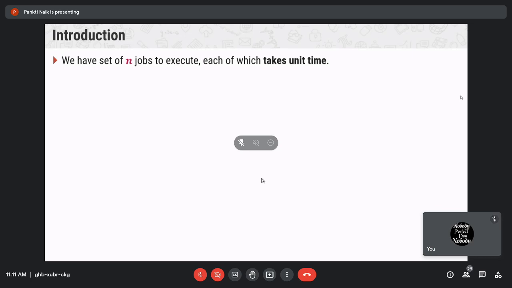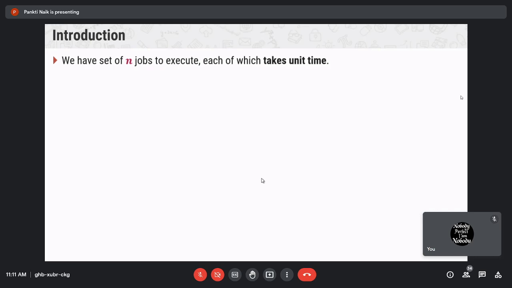Likewise, ultimately our task is to get the feasible solution. For obtaining the feasible solution, we should take care that the jobs get completed within their given deadlines. So all jobs have some profits and some deadlines.